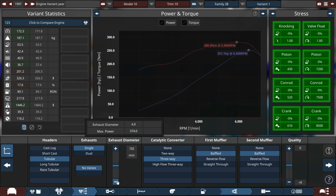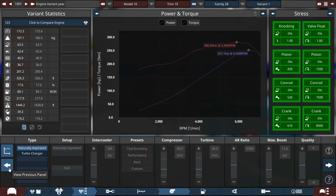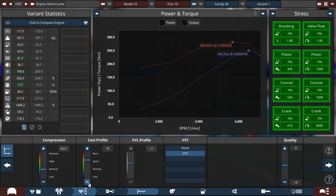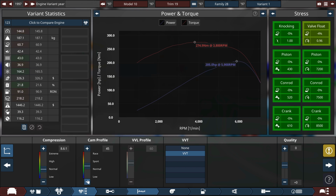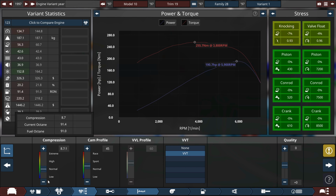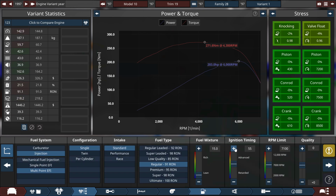Should I go with dual exhaust? I don't think we'll need it, actually. I did not think it would fly up like that for power, so that's something I can probably lower the RPM then and still get a fair old amount of power. We need about 200, I think, to get something properly impressive for the time period. So if I push it down to 205, there we're making the power that I said I wanted. A bit more even than that. And we are also...